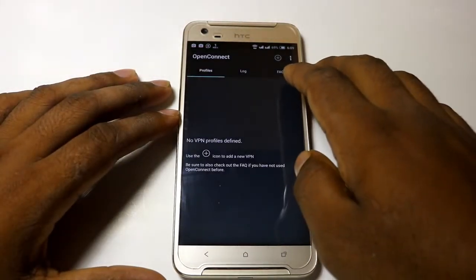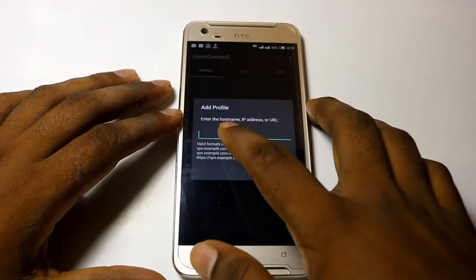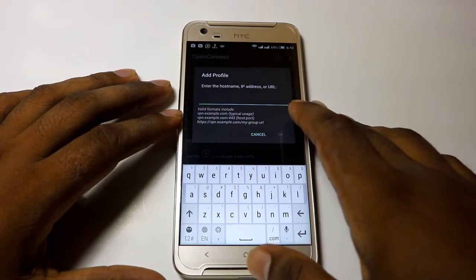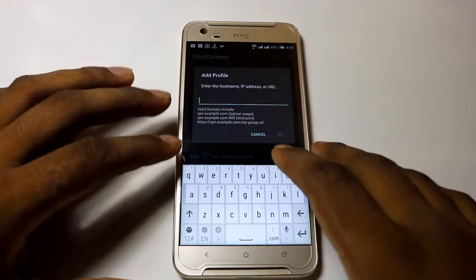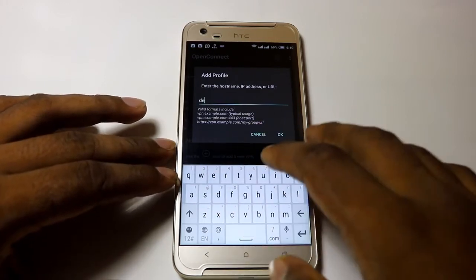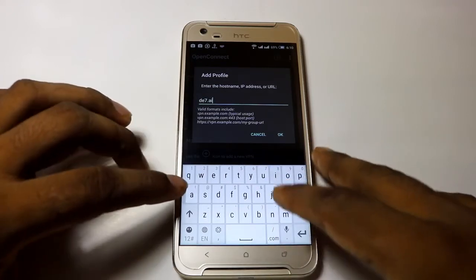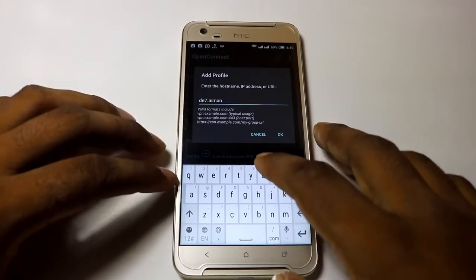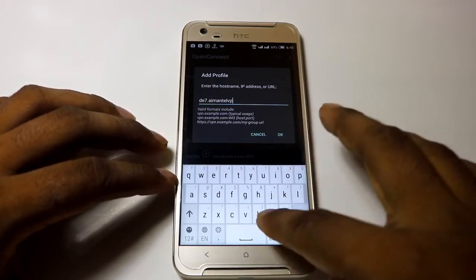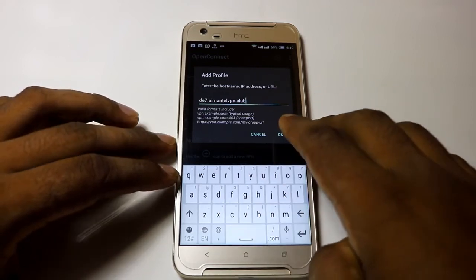Click the plus icon and write the server address, or enter the host name, IP address or URL. Server address: DE7.AIMAN.TELBPN.CLUV. Okay,